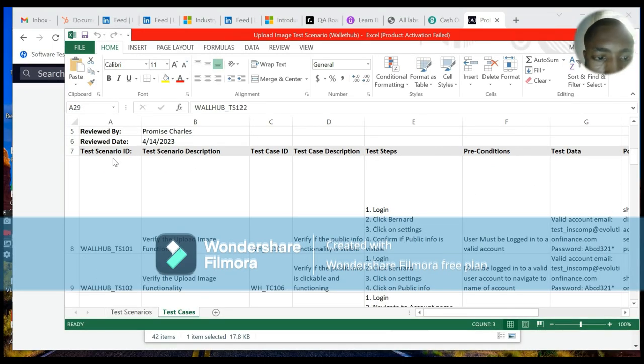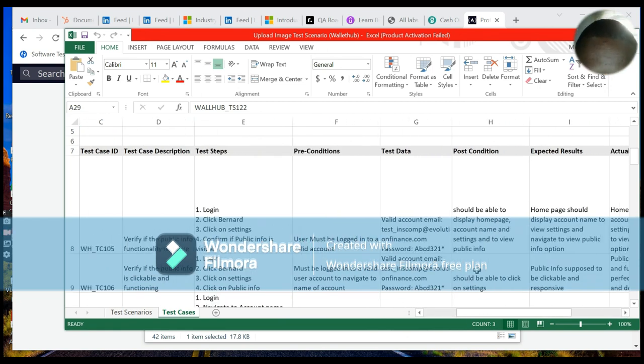As you're seeing, we have to visualize if the public info is visible. Then when we see that the public info is visible, we will believe that yes, this is correct. We're in the right place and it's going as we planned. Now, there are certain things you have to consider before you check this. Those things are the pre-conditions.